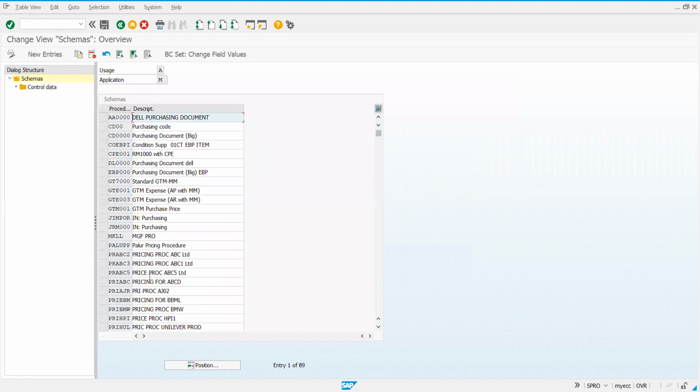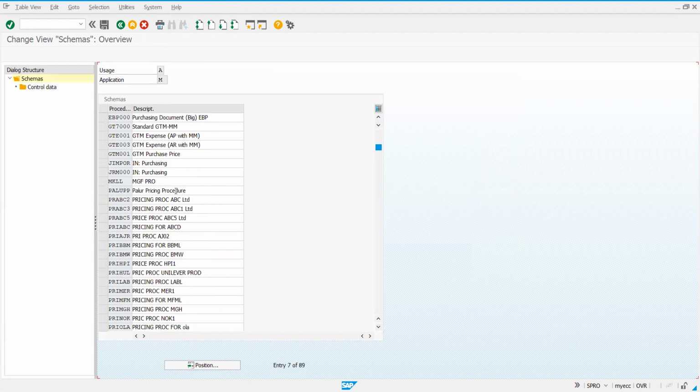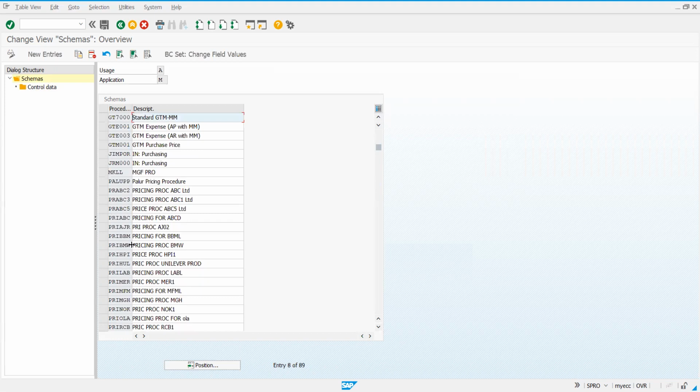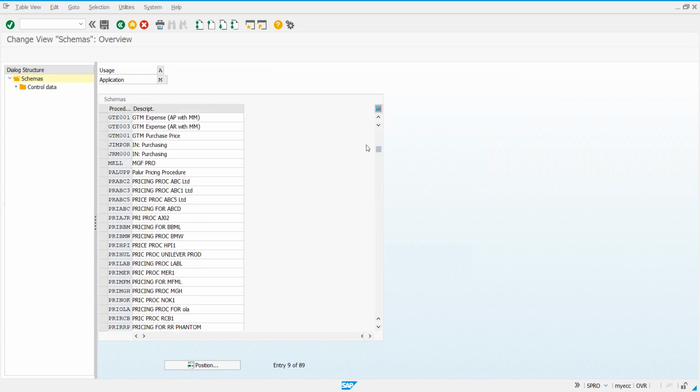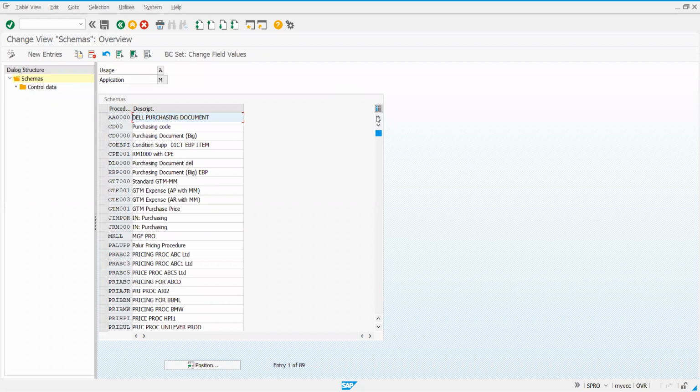If somebody asks you about RM0000, you shouldn't say that you don't know. It is already pre-existing. You can look into this. Just ignore these company names. If you have those, they are copies of whatever has been created in this demo server as SAP standard. Instead of copying it, I am doing it afresh, new, with the condition types we have created, so that it will be clear. I'll proceed with new entries.